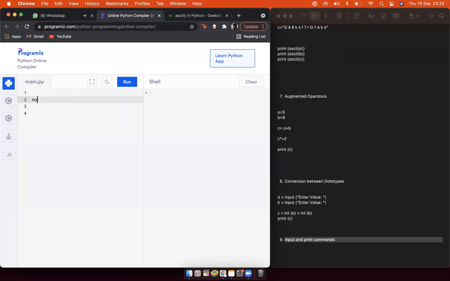So let's have num1. When you're writing variable names, they need to be logical. That's one thing. The other thing is that you don't start with a number. Say "1num", don't do that. That's not a variable name. It's against the rules of writing variable names in Python. Just write num1, or you can also write underscore num underscore one. That works as well.